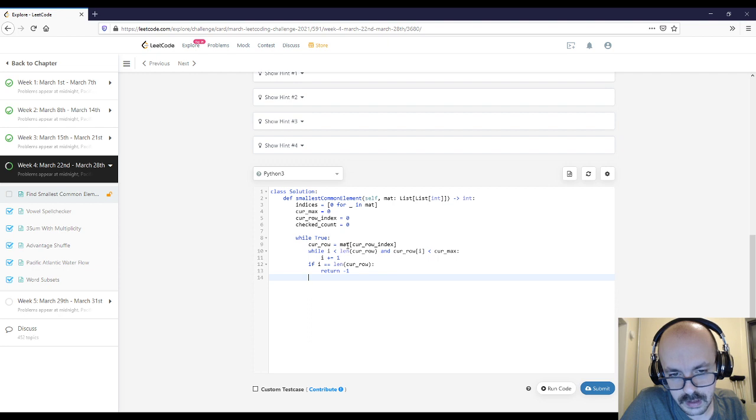Otherwise, we keep going and we do, if cur row[i] is greater than cur max, then cur max, actually let's do it as equals, because that case is simpler. So let's say if cur row[i] equals cur max, then all we need to do is increment check count by 1. And if checked count equals the length of mat, then